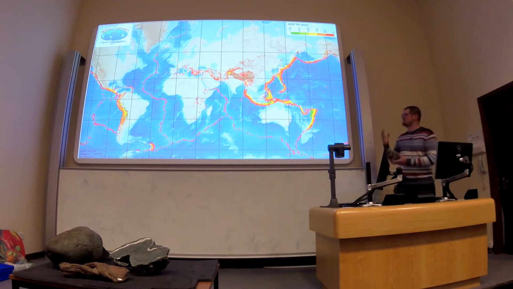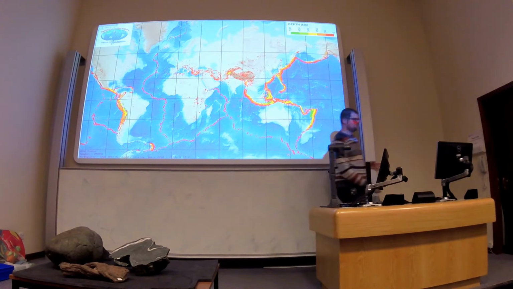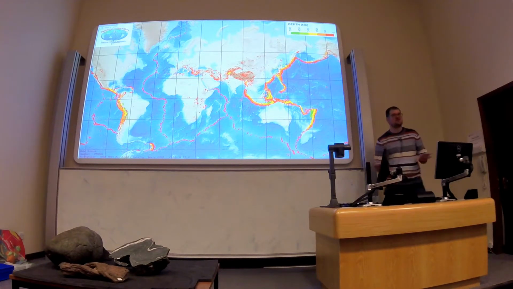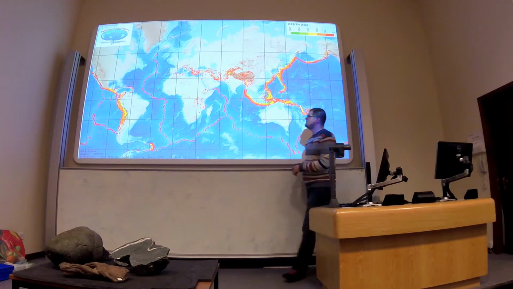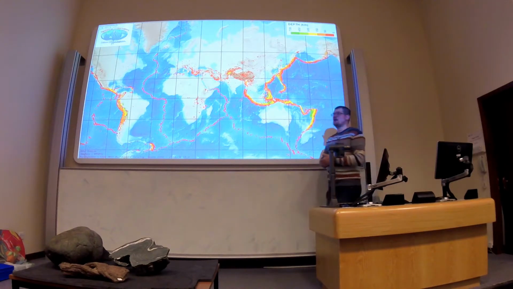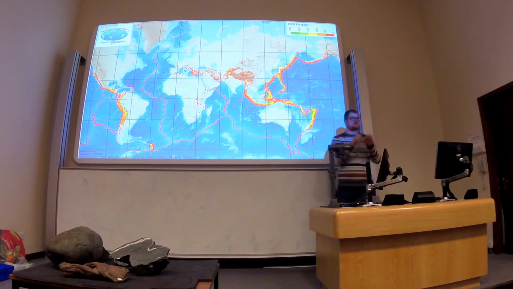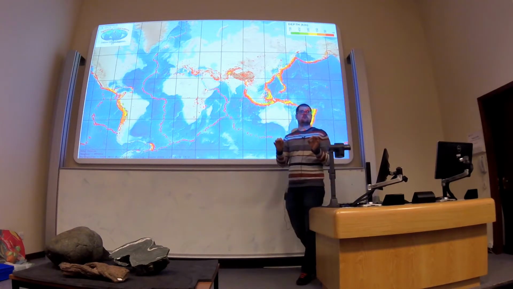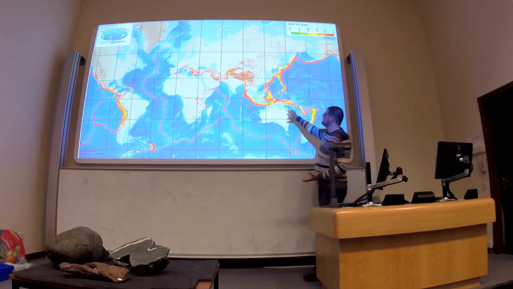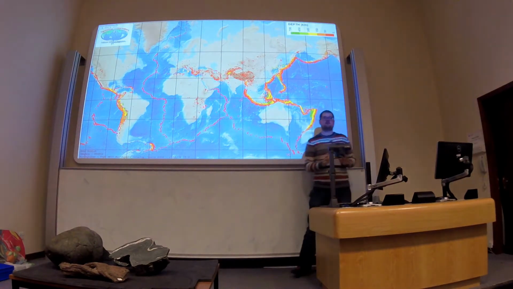So the theory of plate tectonics, as I've kind of rushed through it, is that we basically have these plates, okay, that are effectively quite rigid. They don't change much through time. Okay? But at the edges of those plates, we have a lot of deformation happening. So we have volcanoes, we have new rock being formed. So this is a map of earthquakes. You can see the earthquakes are concentrated along the edges of these plates. Okay? So I guess the theory of plate tectonics is that you have rigid plates that exist for quite a long time through geological history, but over the margins of those plates you have a lot of deformation.